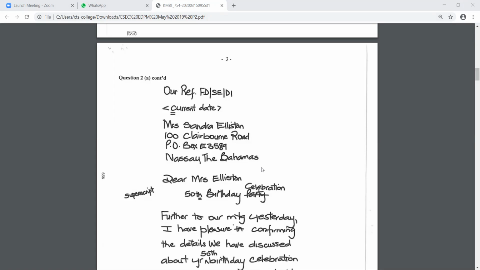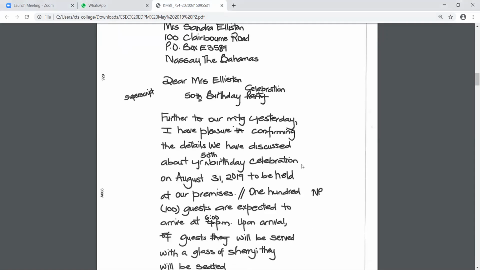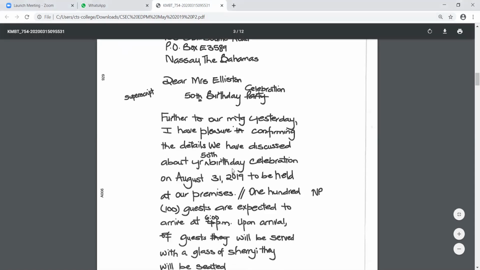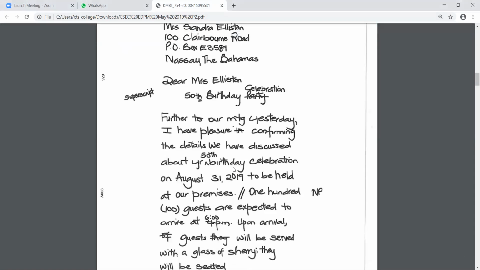That is correct. After the word details, you have to put a full stop. Why? Because there's a capital W that follows after, right? So details, full stop.